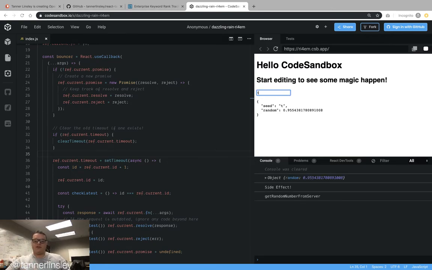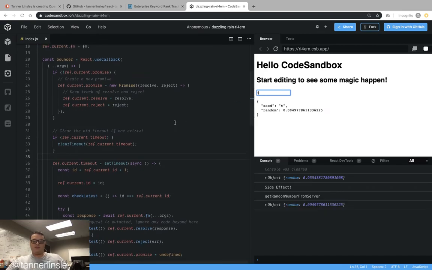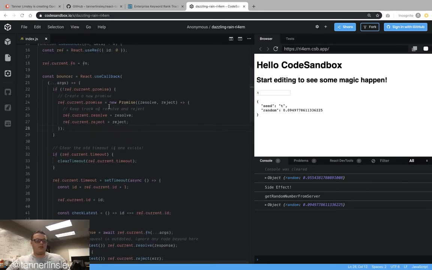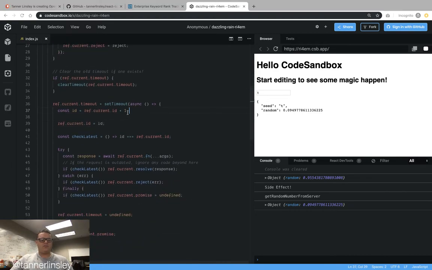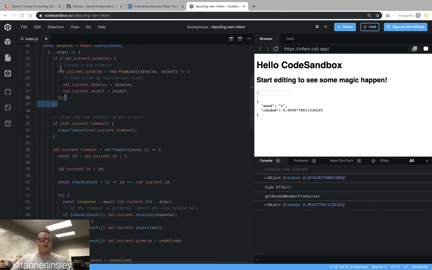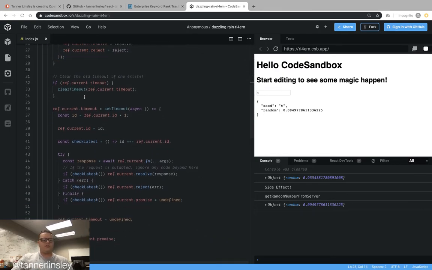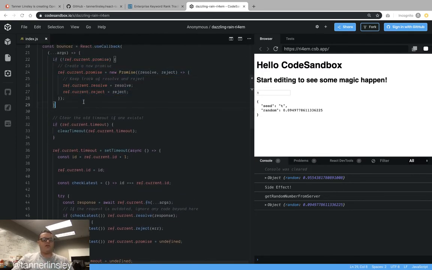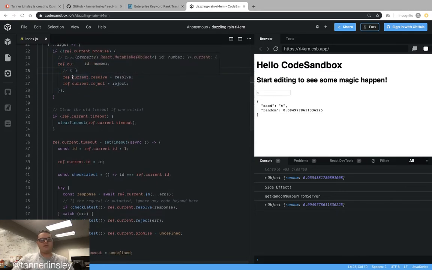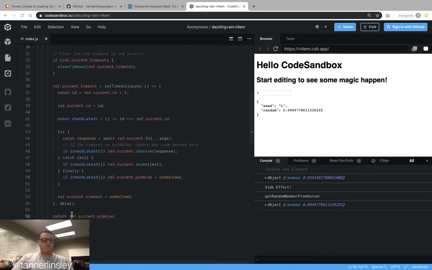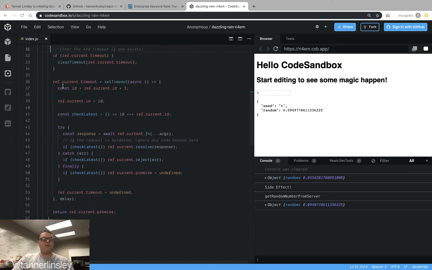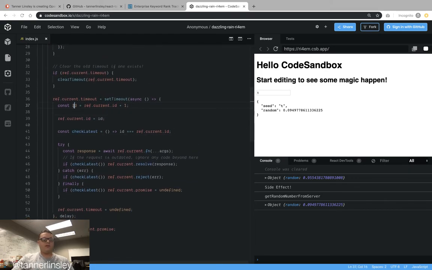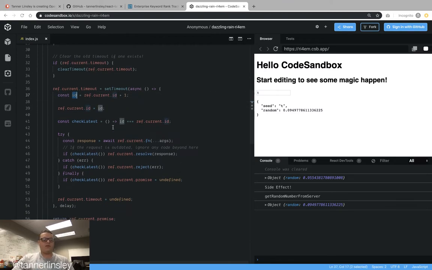T calls a side effect, calls get random number from server. Get random number from server comes back. We only want to be using the ref current timeout. So if there's not a promise, we're creating a new one and we're returning resolve and reject. So this is taking care of all the promise stuff. If there is a promise, it's not going to do anything, and eventually we'll return the promise. If there is a timeout going, it will clear the timeout, and then it will create a new one, and we'll get a new ID,